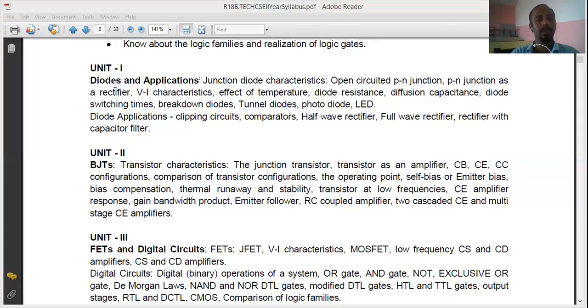Now, when you come to electronics, there is analog electronics and digital electronics. What is the difference between them? Here, diodes and their applications we study under analog electronics. That means it's all analog in nature, which means it's continuous. We are going to look at how voltage and current behave as continuous functions. And we see other types of diodes, such as breakdown diodes, tunnel diodes, photodiodes, and LEDs.